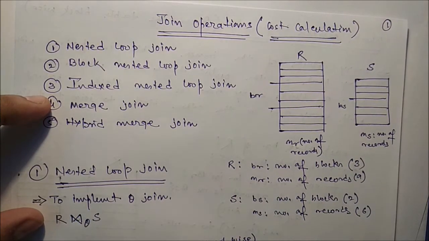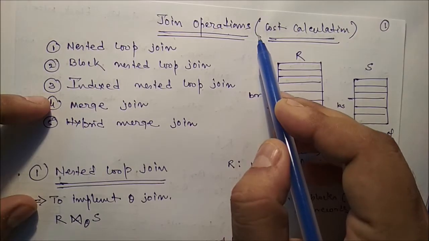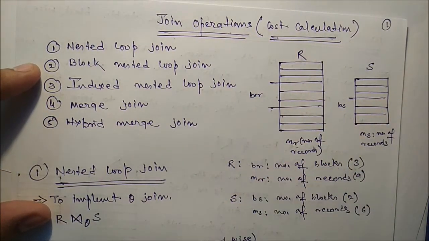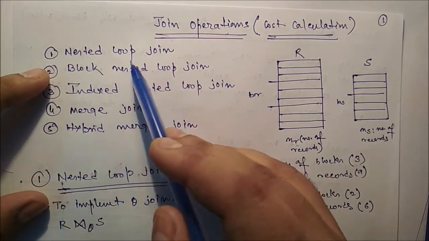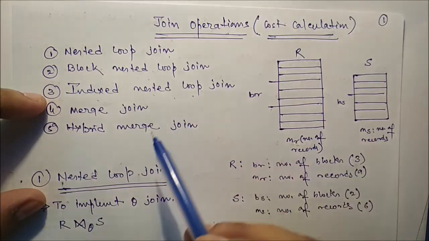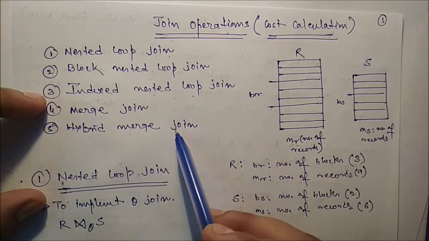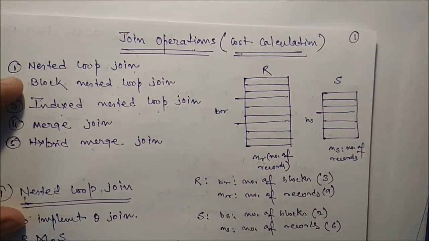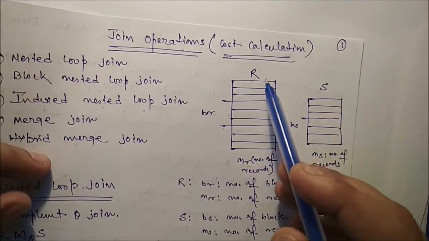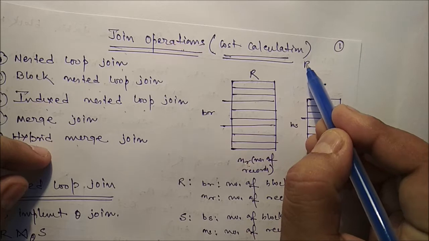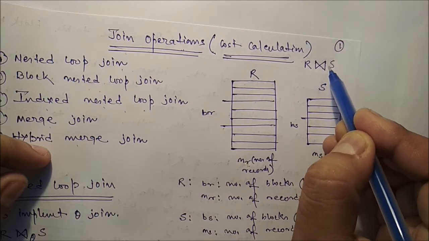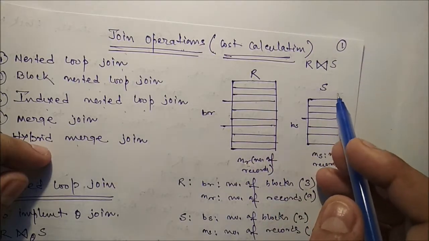Welcome back friends. In this video we will talk about join operations, or the cost calculation of the join operations. To implement a join operation we may use nested loop join, block nested loop join, index nested loop join, merge join or hybrid merge join. We already know we have two data sets, say tables R and S. We have to apply the join operation using the common attribute, or we may